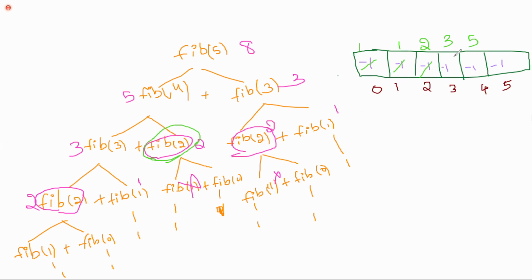Same as like that, next value also. I have remembered everything. So 3 plus 5 is equal to 8. So the fifth term will be 8. This is nothing but the memoization method. Memoization method means without calculating again and again, if you remember the value only once in an array, we can directly solve it without calculation.